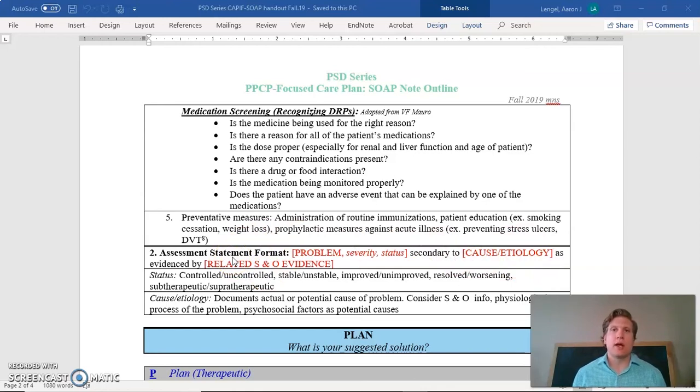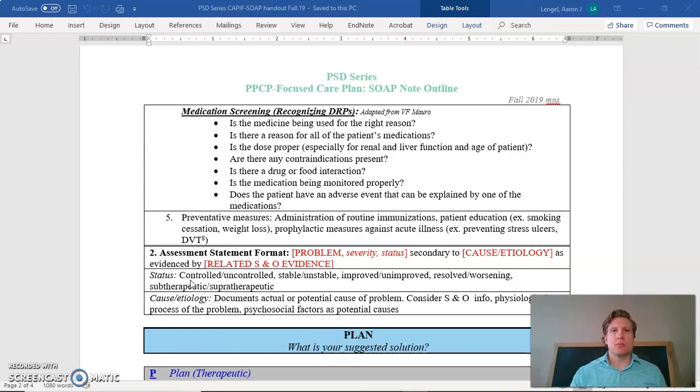So this is, again, where picking the right S&O information that supports what you want to say is important. It should fit together, it should be connected. We're seeing a lot of paragraph-style assessment statements that ramble, and I think a lot of that has to do with not really understanding what you're trying to do, and so just throwing everything in there, when really you want to get focused: what is the problem, what is the status of that problem, what do we think is contributing to that,